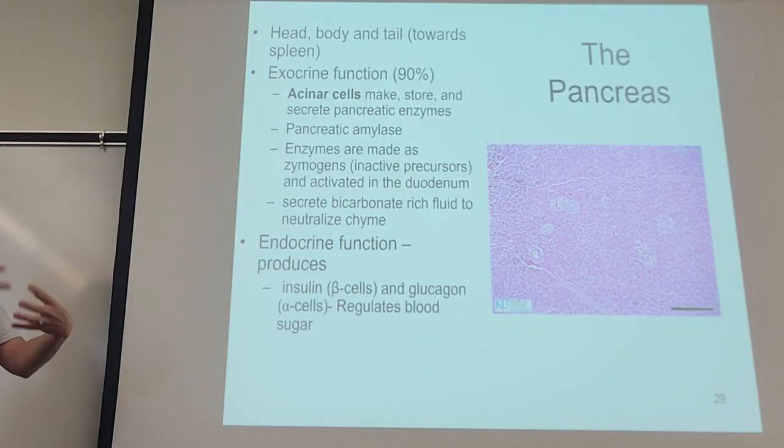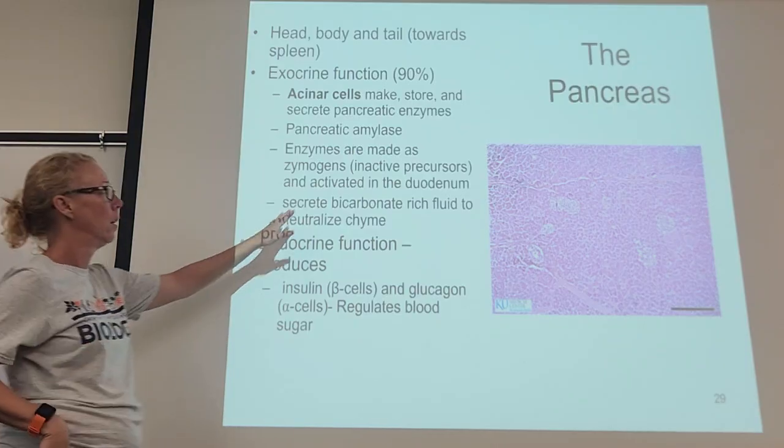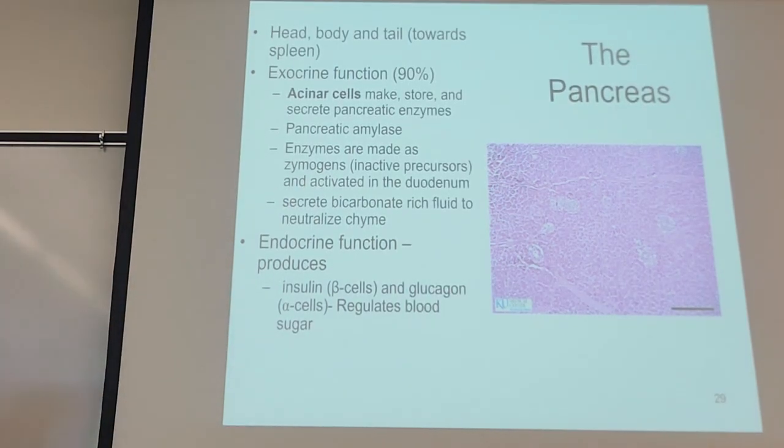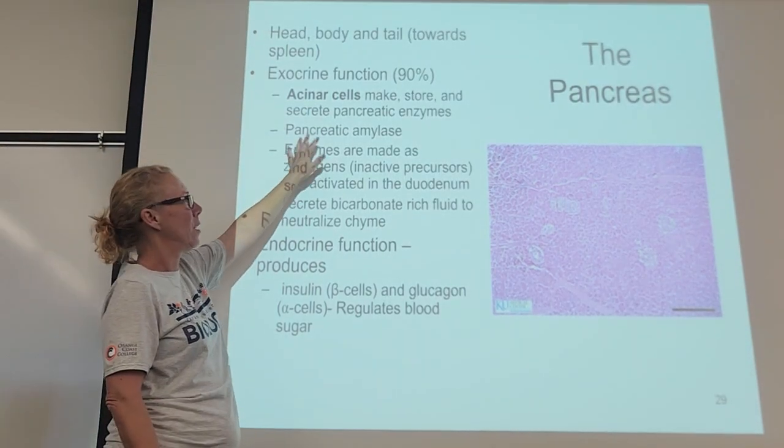Right? The pancreas is making digestive enzymes, but it's going to deliver them to the duodenum where digestion is occurring. Pancreas is an accessory organ. It's not part of the main tube, right? So zymogens are produced, they go through the main pancreatic duct, and they turn into active amylases, just digestive